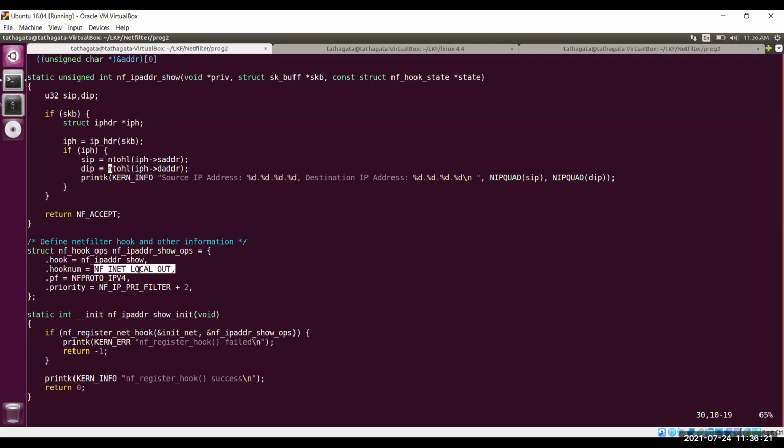On the other hand, if you want to check all the packets going out from your machine, irrespective of whether the packet is originated by you or someone else, then local out is not the hook point where you must register your callback. You must do that in the post routing. Okay.